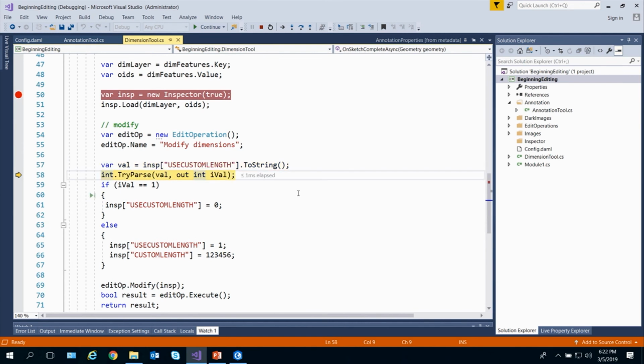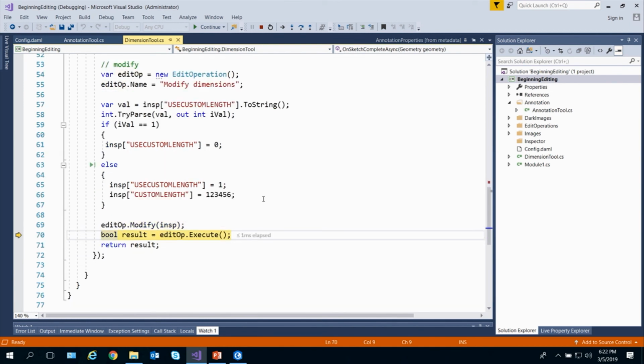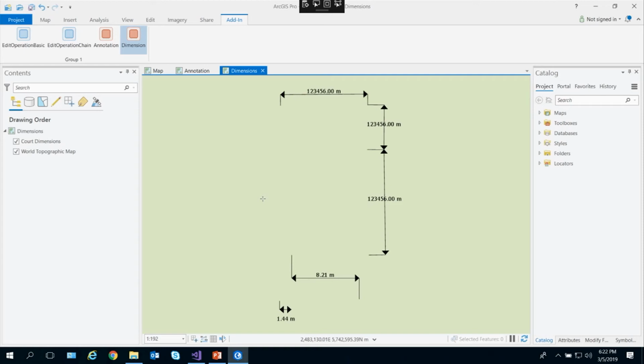I'm interested in changing the dimension value to show a custom length. So again, just using the inspector field name paradigm. Modifying the inspector, executing the edit operation. So that you can see that these two dimensions now, instead of showing the actual dimension value,